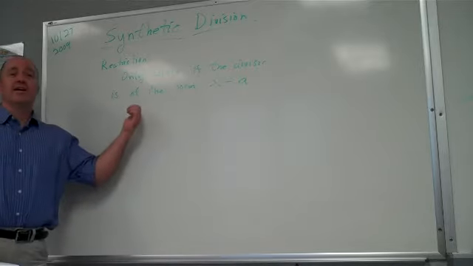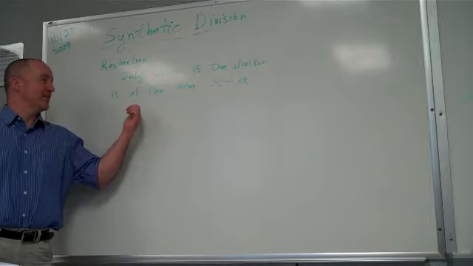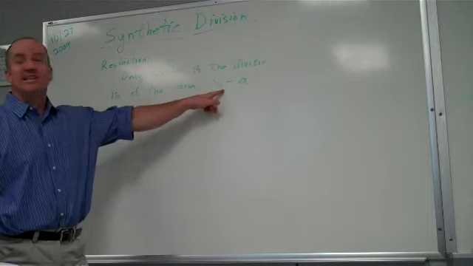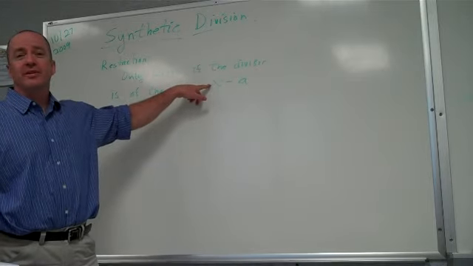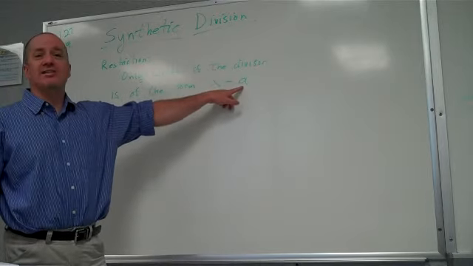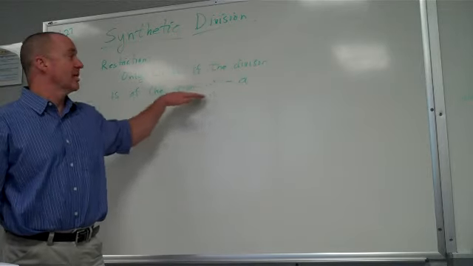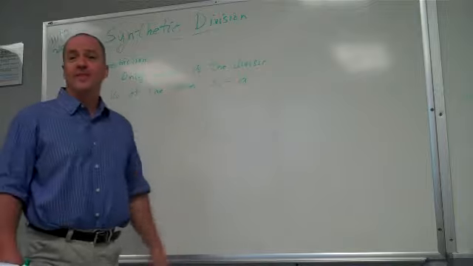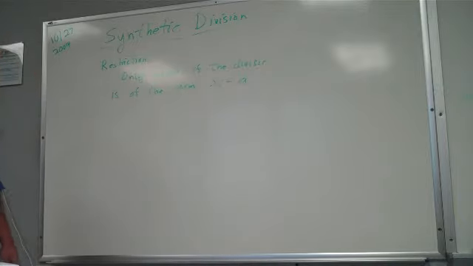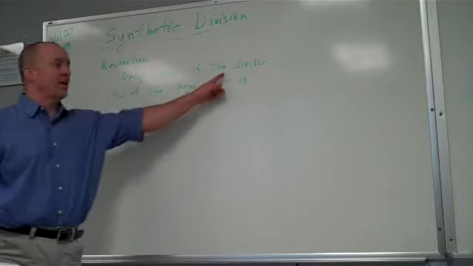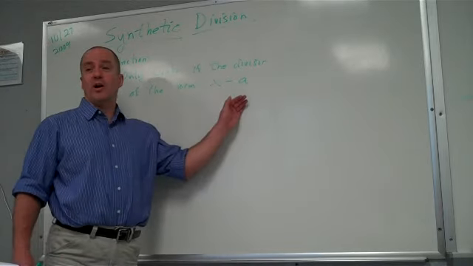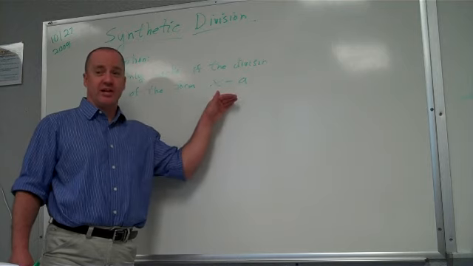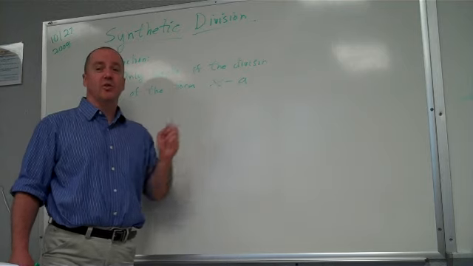Okay, anyway, it only works if the divisor is of the form x minus a. It's got to be positive 1 on the x, and it's got to be minus a constant. Anything else doesn't work at all. If it's not that, then you have to do the long division. If I'm asking you to divide by x squared minus 5, you can't use this trick. If I'm asking you to divide by 2x minus 3,